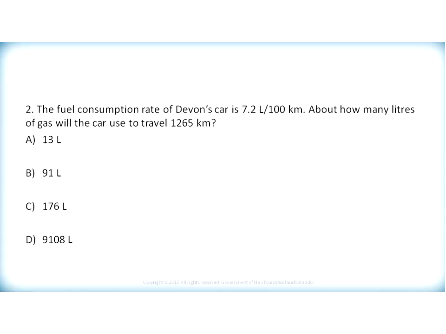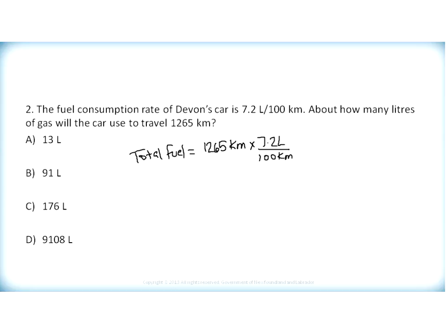Right, this question: the fuel consumption rate of Devon's car is 7.2 liters per 100 kilometers. About how many liters of gas will the car use to travel 1,265 kilometers? Well, to do this, the easiest thing to do is calculate the total amount of gas you expect the car to burn. So the total fuel is going to be equal to the total number of kilometers driven multiplied by the total amount of gas consumed